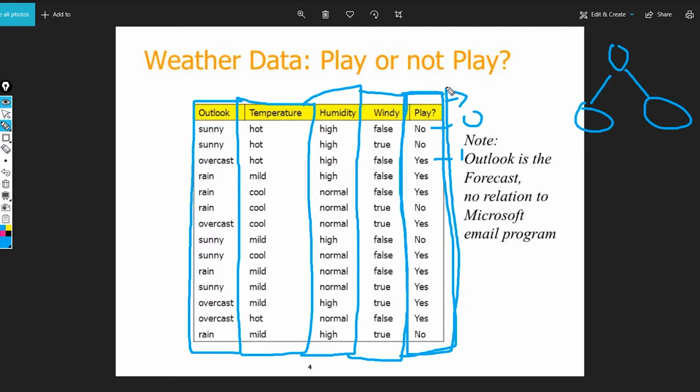The mean of this column is going to be somewhere between 0 and 1. Let's suppose the mean is 0.3.